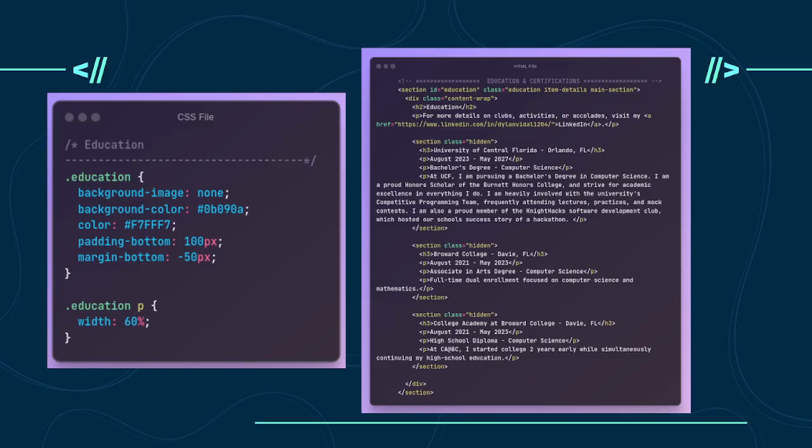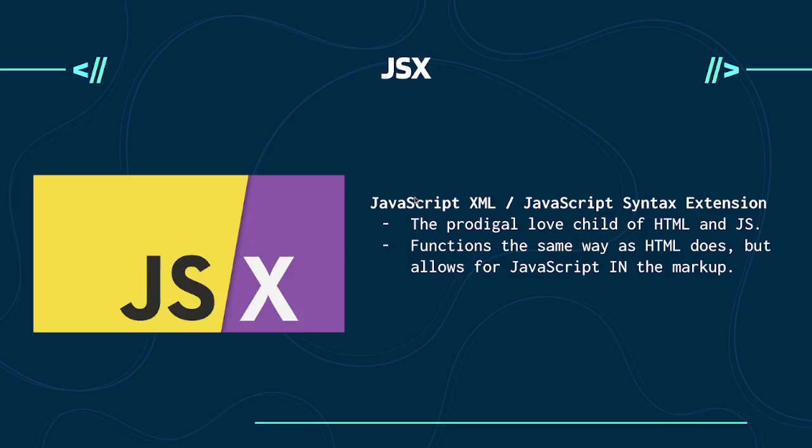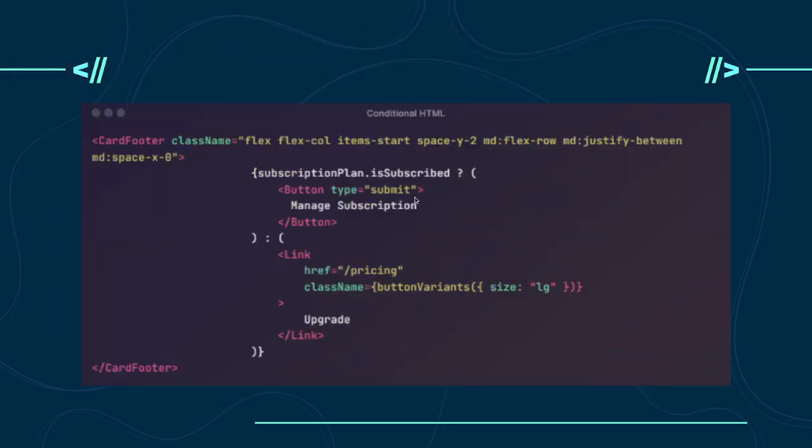To solve the first problem that I described, imagine instead of having education, we had a class for every single potential style we could have, right? So there would be a dot flex, and the only line would be display flex. And then it would be dot width 60, and the only thing in it would be width 60. So then all we need to do is write a ton, wait, hold on, where is it? I need to find it. You just write a ton of classes, right?